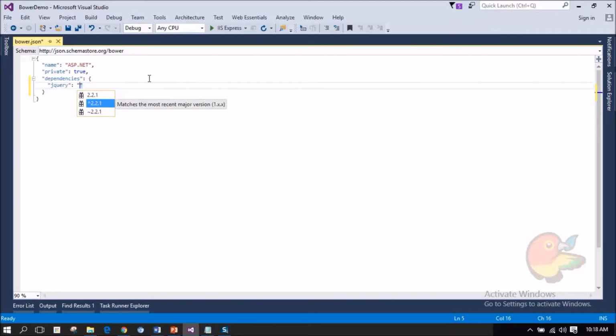When you select the second option, Visual Studio will try to match the major version, like 2 is the major version. Then whichever is the latest version, that is 2.2.2 or 2.3, available on the server, it will try to load, matching the major version 2. If I select the third option, it will enable Visual Studio to match the minor version, that is, it will leave 2.2 and try to see which is the latest minor version available on the server, like 2.2.2 or 2.2.3, etc. For this demo, I am just selecting the stable version 2.2.1.